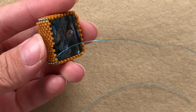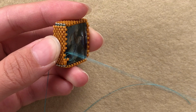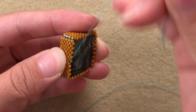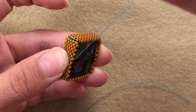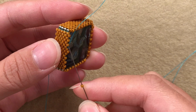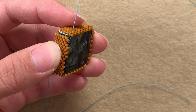So I'm just gonna finish this row. Pick up a delica, go through the next. Delica, go through the next. Delica, go through the last. And step up. Now, next row, pick up a delica, go through the next, pick up a delica, go through the next, pick up a delica, go through the next, pick up a delica,